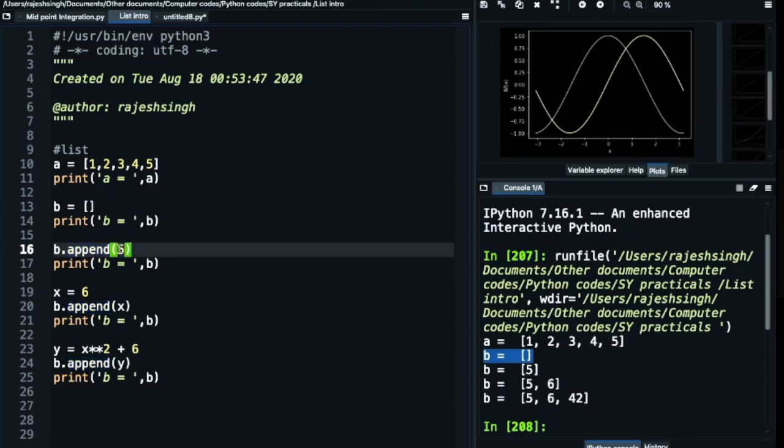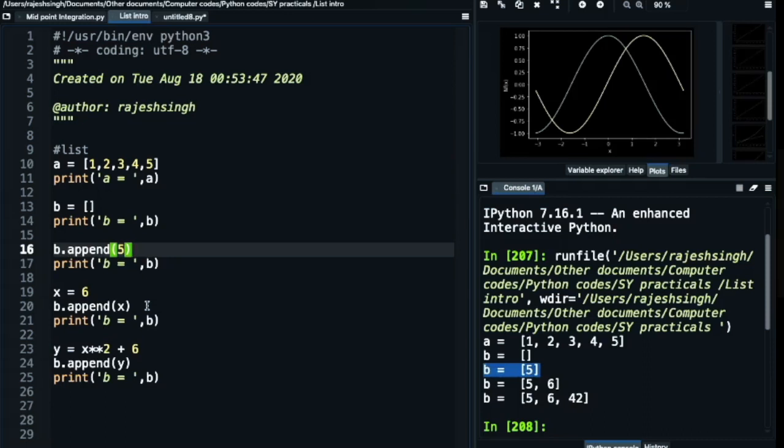This number is appended at the last element in the list. So if you now print b, you will see that b is printed as 5. One element has come in the list. You can add a number directly, or you can add a number in a different way also.